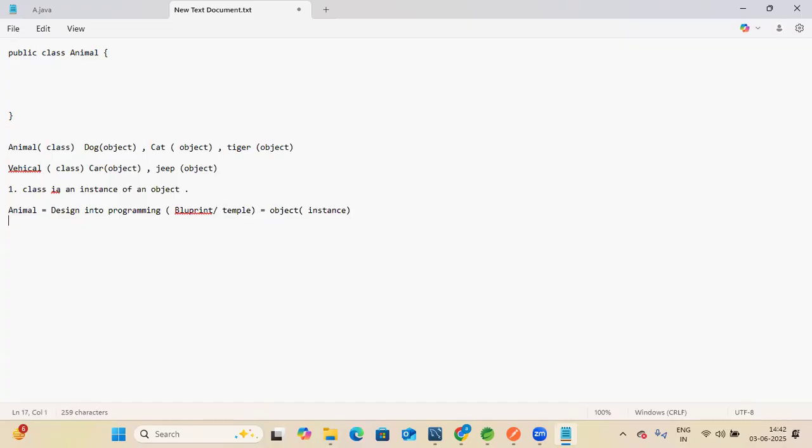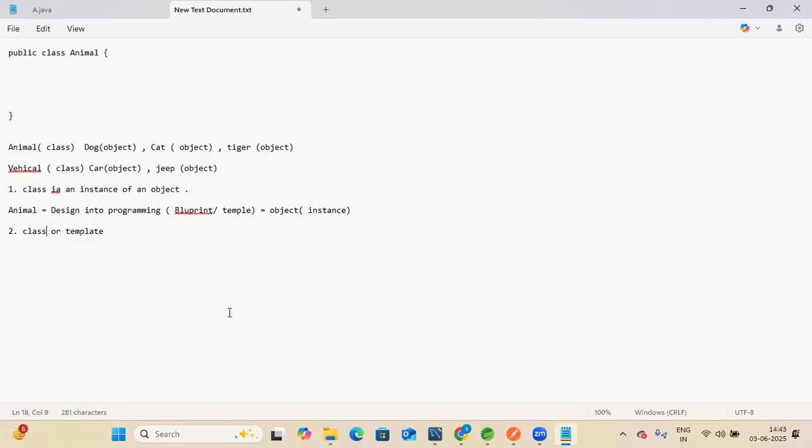So that's why the second sentence is that a class is a blueprint or template. So in this way you understand why I have written these two sentences. That is the simple way to make you understand the meaning of these two